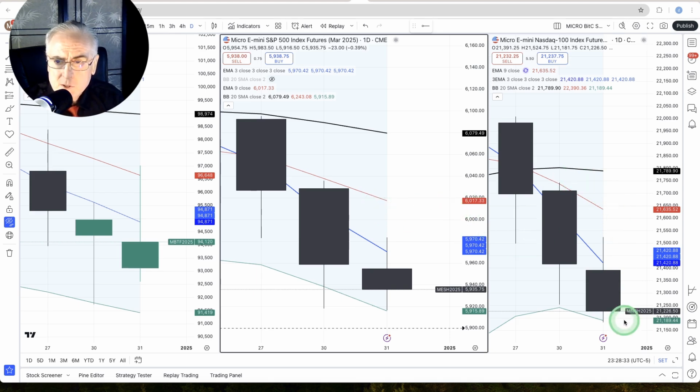The NASDAQ, I don't trade it, but I just want to see what's the confluence. We did finally hit, you could see just barely pierce that lower Bollinger Band, which was 21,189.44. And we closed below that 3 EMA at 21,420. So to me, this looked a little bit weaker than maybe the S&P. So this is third place, second place, and first place for strength goes to Bitcoin. So that's it for the dailies.